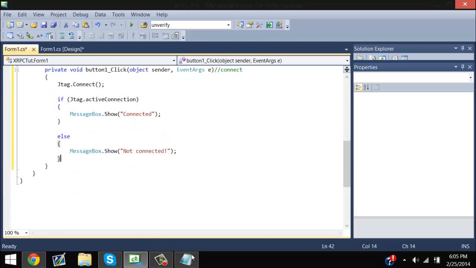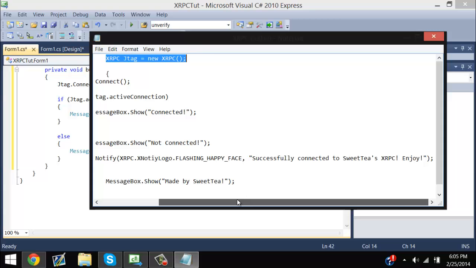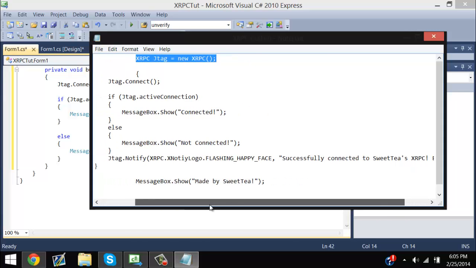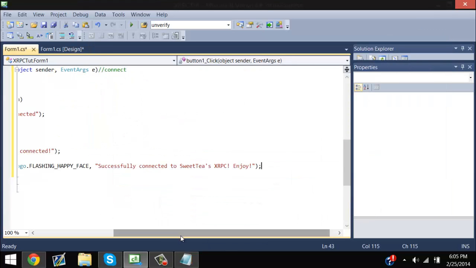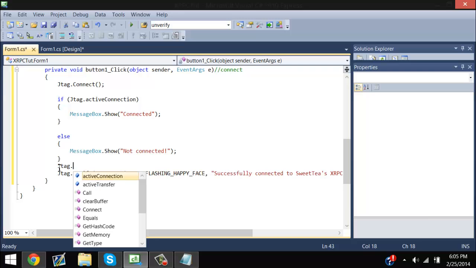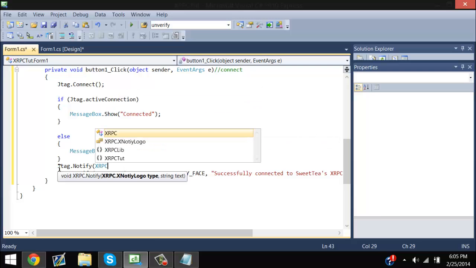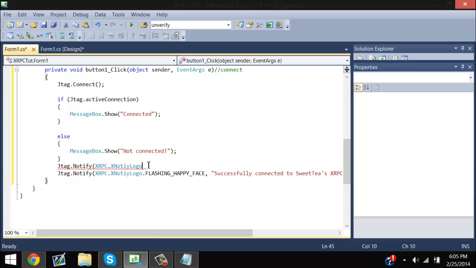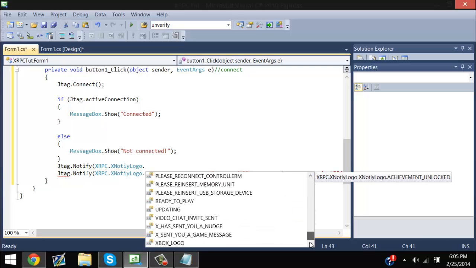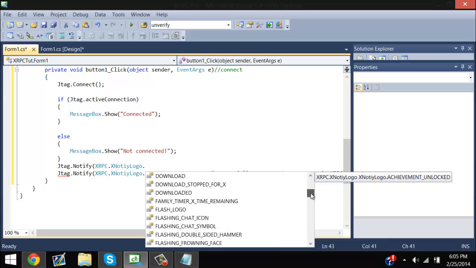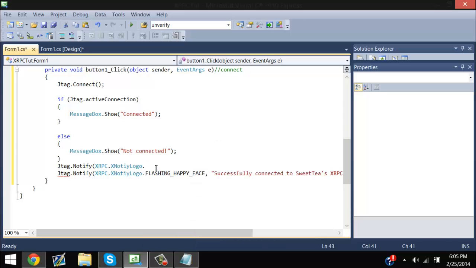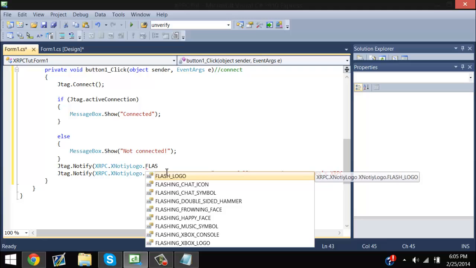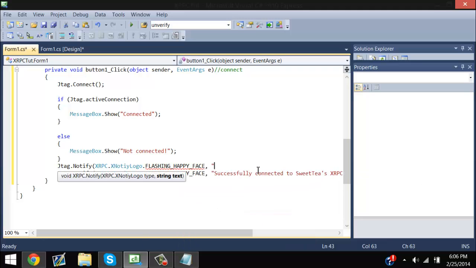Okay, so that's up. You can also add in Xnotify. If you don't know what Xnotify is, it's the notifications that pop up on your Xbox. Like whenever you get an achievement, it'll say achievement unlocked. There are multiple different notifications that you can put. So just for the heck of it, I'm going to show you the different ones. XRPC.XNotify.Logo. Okay, and then just put dot, and then you'll have multiple types of notification that you get out of here. Flashing logo, flashing frowny face, game invite sent. But because this is happy around here, I'm gonna put flashing happy face, and then we want the Xnotify to say